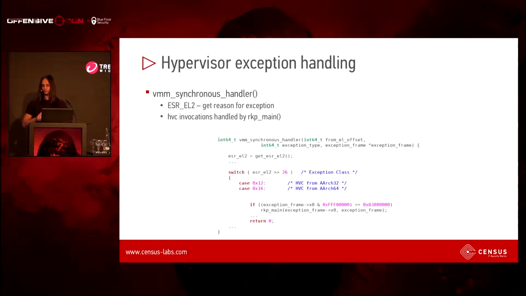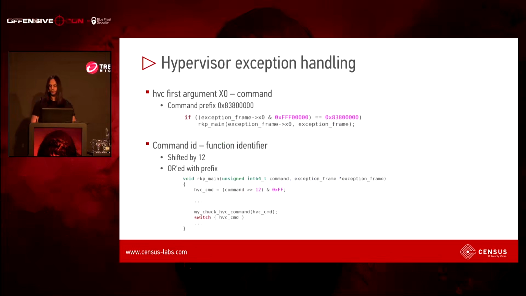And what happens here is pretty simple. We extract the reason for the exception, which is encoded in the exception class field of the exception syndrome register. And HVC invocations, which are switch cases hex 12 and hex 16, are handled by the function RKP main. To reach RKP main and the function switch case, we must satisfy some requirements for the command, which we're going